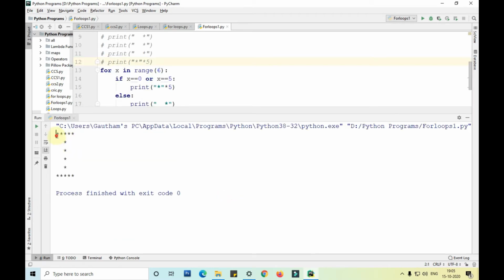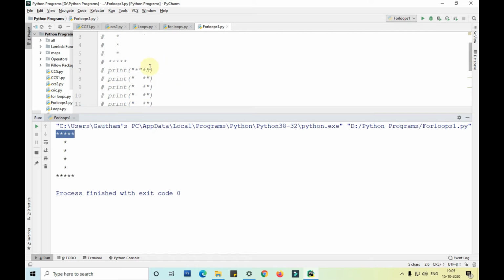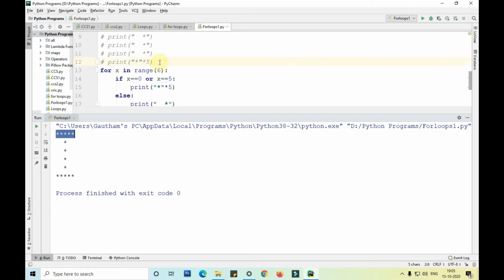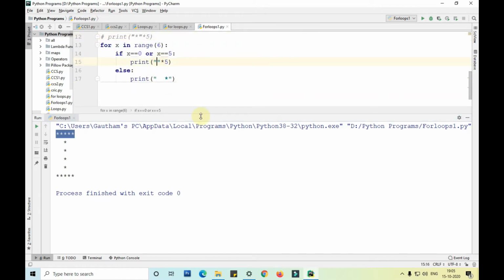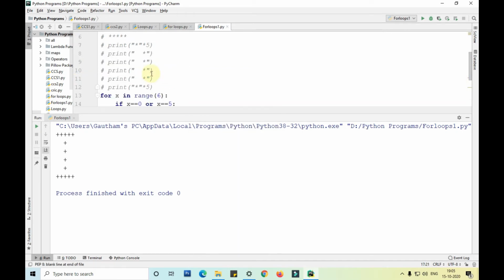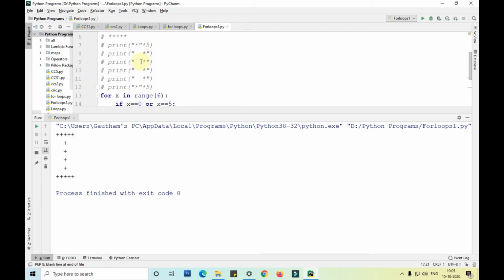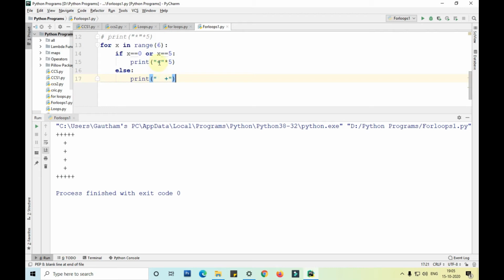You can see it is printing in the same way as we have printed above, using 5 print statements. We have printed the same line using the for and if condition, 5 lines of code. For example, if I want to change the symbol from star to plus, I just need to change it in 2 places here. Whereas if I use the print statements, I need to change it in all the print statements. That is 6 places I need to change. Whereas only in 2 places, if I change, it's okay here.